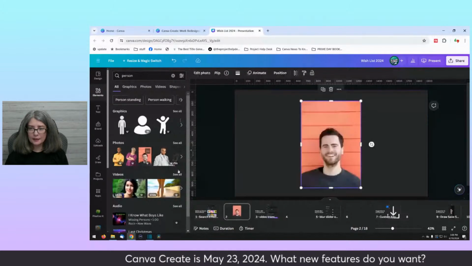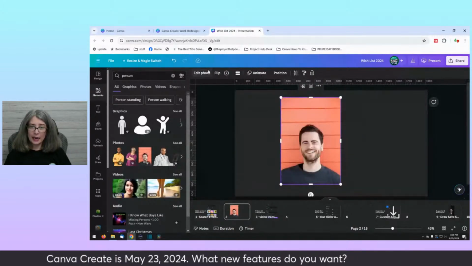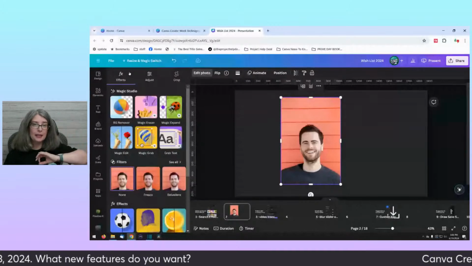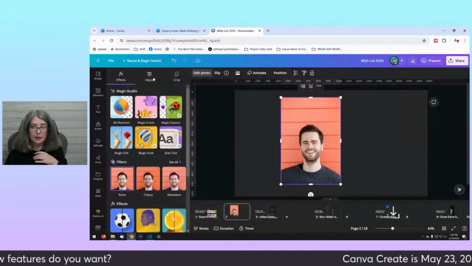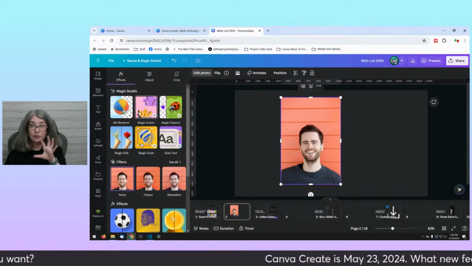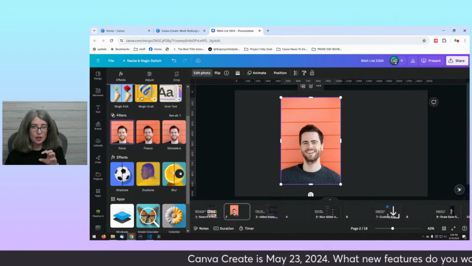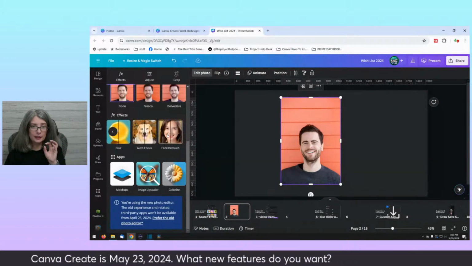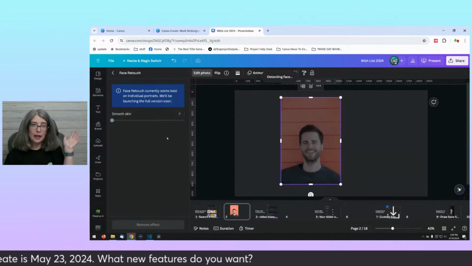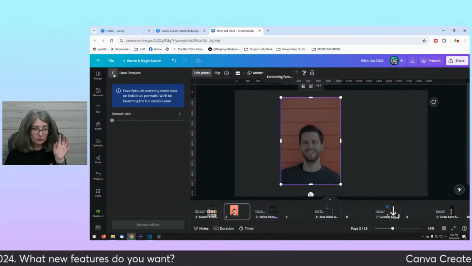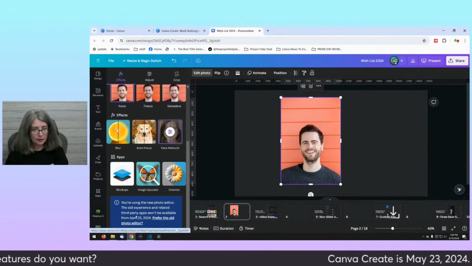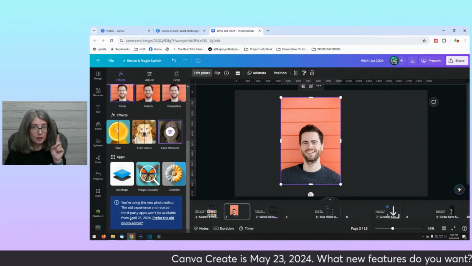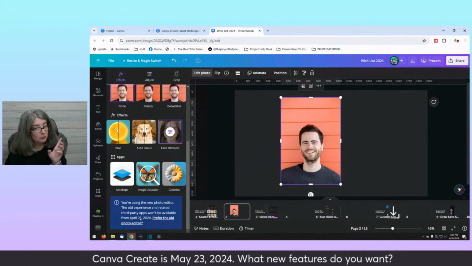Let's just add this person right here. I would love to be able to click on edit photo and then type in what I would like. Let's just say, like I mentioned, face retouch. Well, I have to scroll down and then click over and then click face retouch and then do it. Where, oh, look, they changed the date. It's now April 25th, not April 22nd.